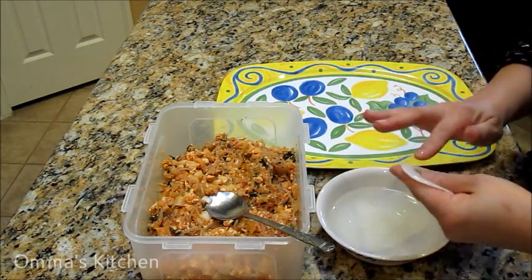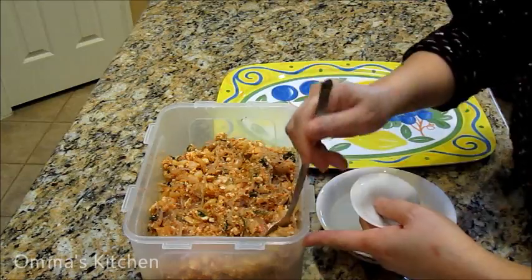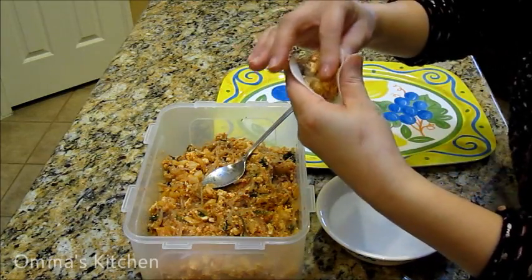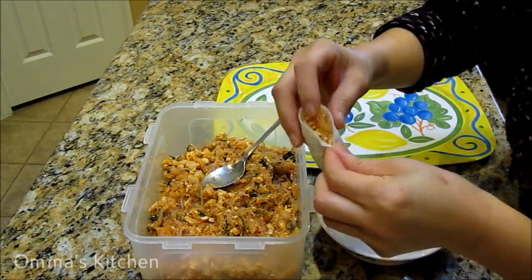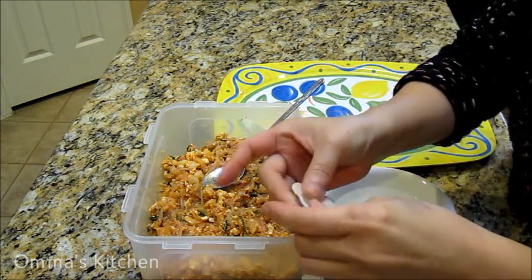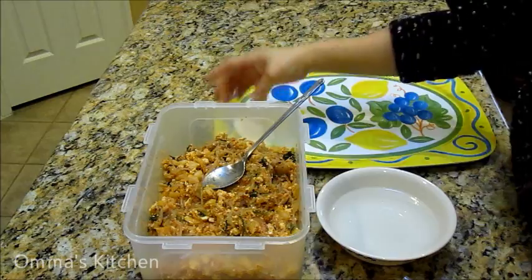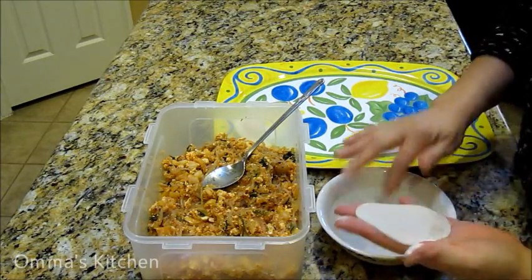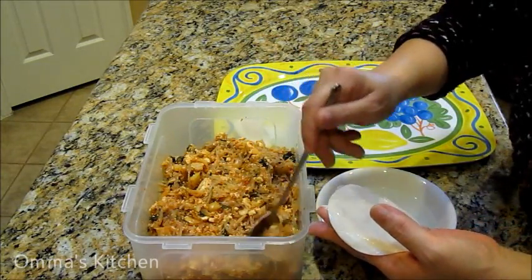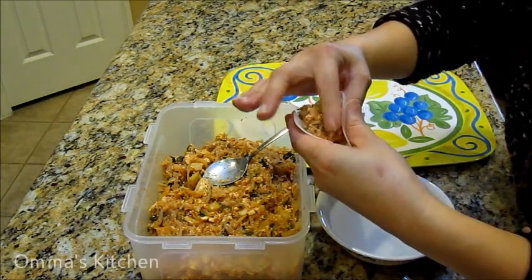I'm using warm water. And this has to be at room temperature, you know that, right? If it's too cold, it won't stick. And now I'm gonna make it for frying. For frying, you make them look like a half moon. See the moon shape? And when you touch the wrapper, it has to be room temperature or maybe a little warmer. If you touch the wrapper and it's cold, then just put it in a microwave oven and heat it for 30 seconds. Then it's really easy to work with. Okay,